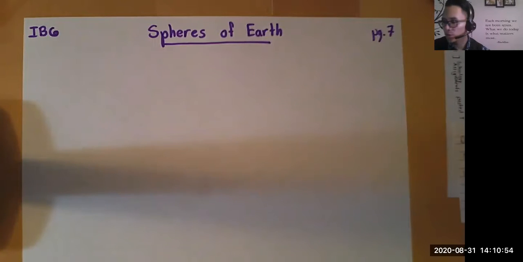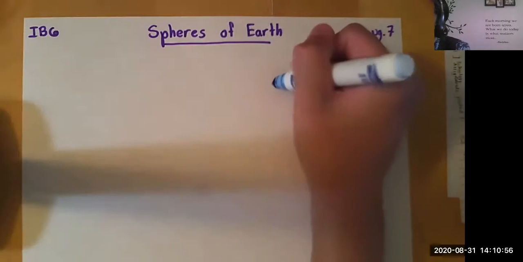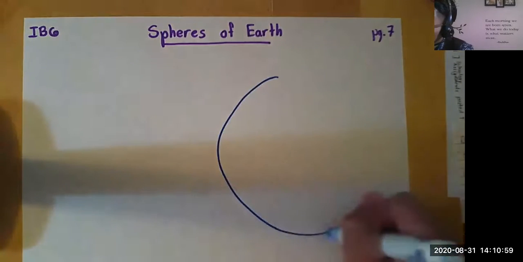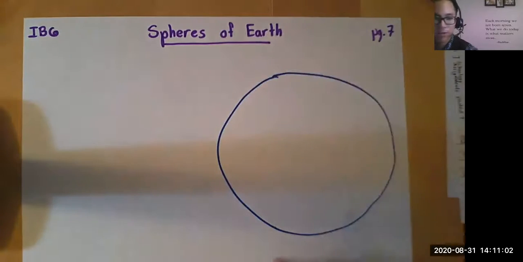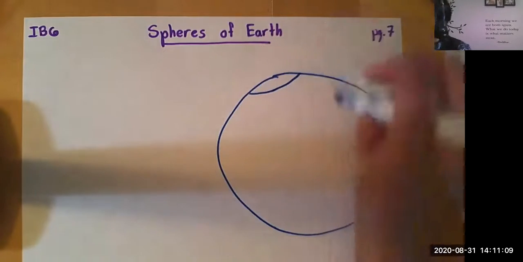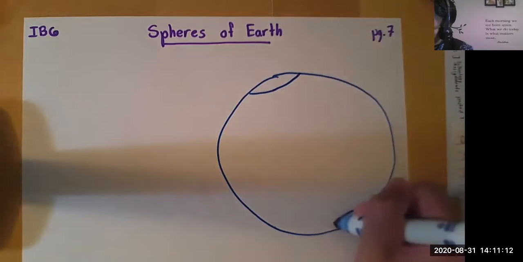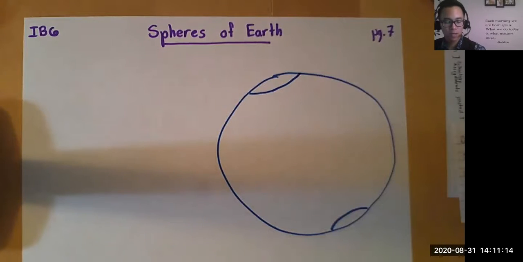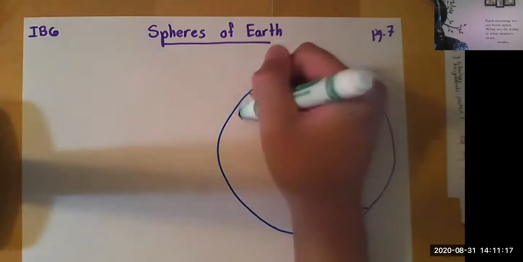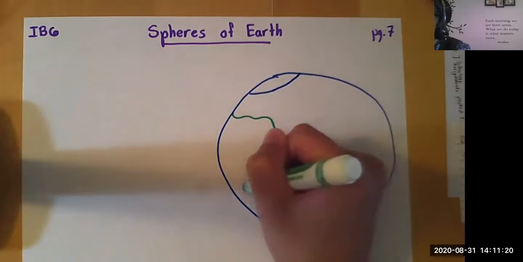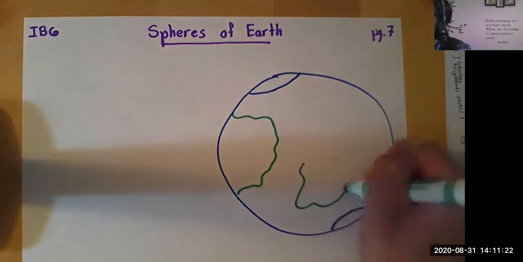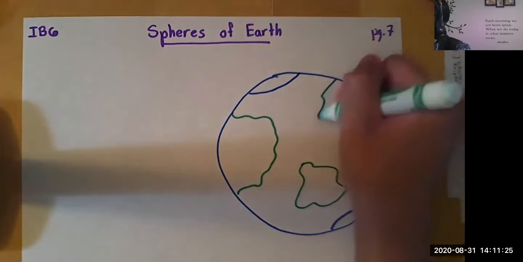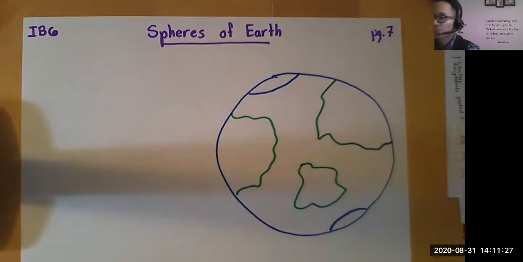Okay. So over here, I'm going to draw a big Earth. Oh, that is not a very round Earth, but you guys get the idea. Okay. Now Earth can be drawn. We have a polar ice cap up here, what's left of it anyway, and we have a polar ice cap down there. And I'm going to draw some continents and stuff. There you go. Something like that. This is not accurate, by the way. Don't call this one Asia, this one Africa, and so on.